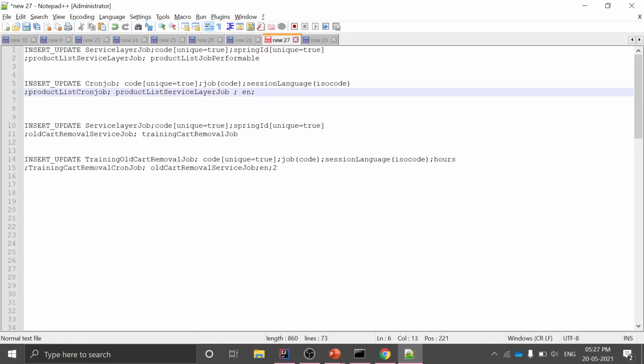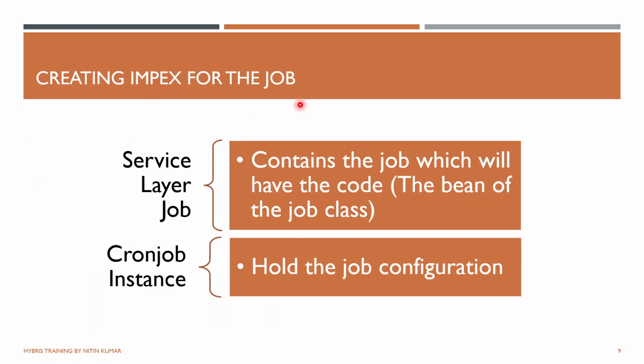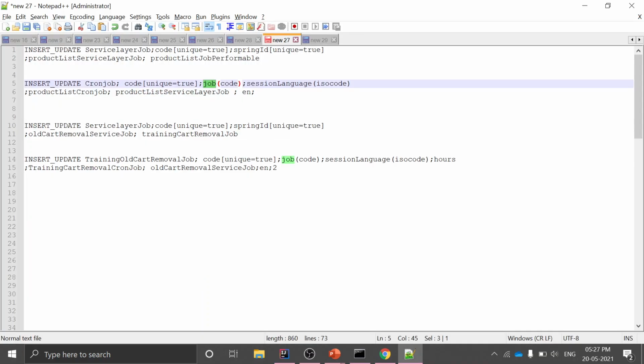If you see the difference, this is service layer job, so I have suffixed it with service layer job, and if it is a cron job, I have suffixed it with cron job. Product list cron job. In the job we need to mention the service layer job. So if you see here, we need to attach this particular service layer job to our cron job. So I have attached this service layer job to our cron job instance. Session language I have given EL.